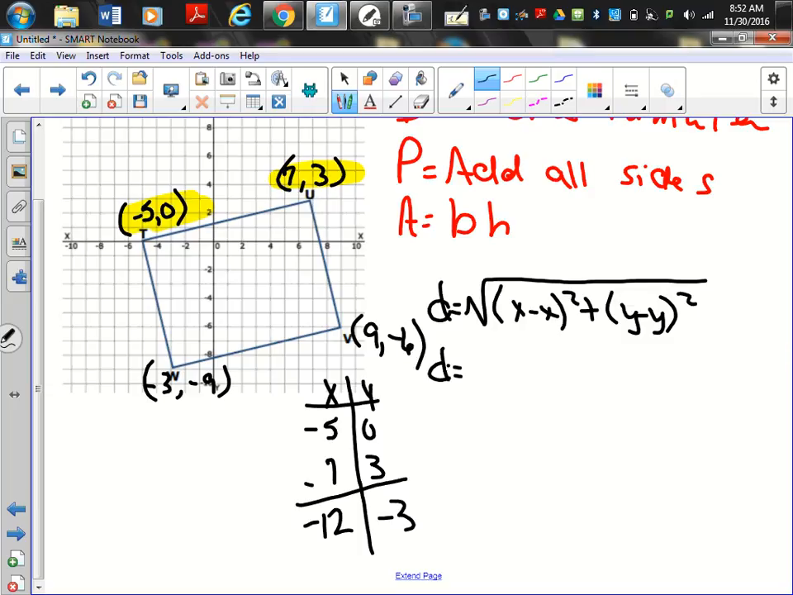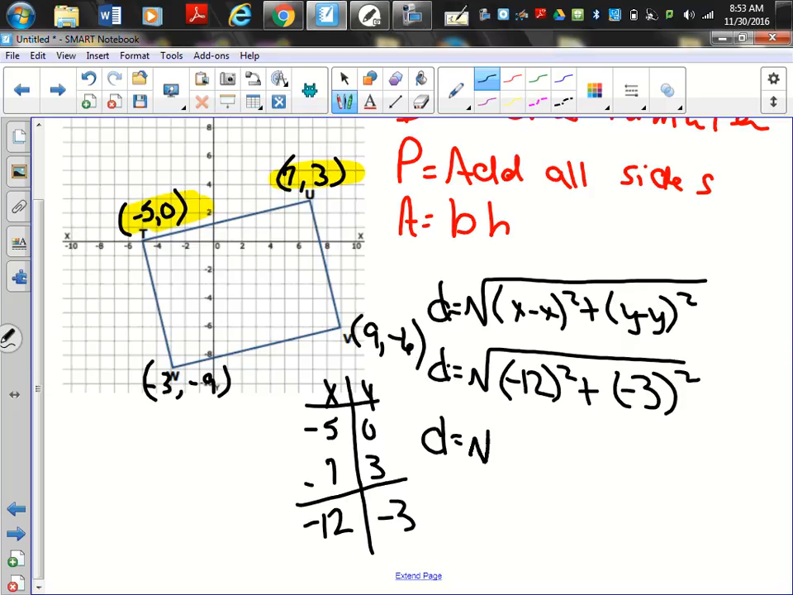So distance equals the square root of -12 squared plus -3 squared. Now at this point, back to your calculator. You're going to enter it exactly like we see it here. So parenthesis, negative 12, parenthesis squared is 144. So D equals the square root of 144 plus